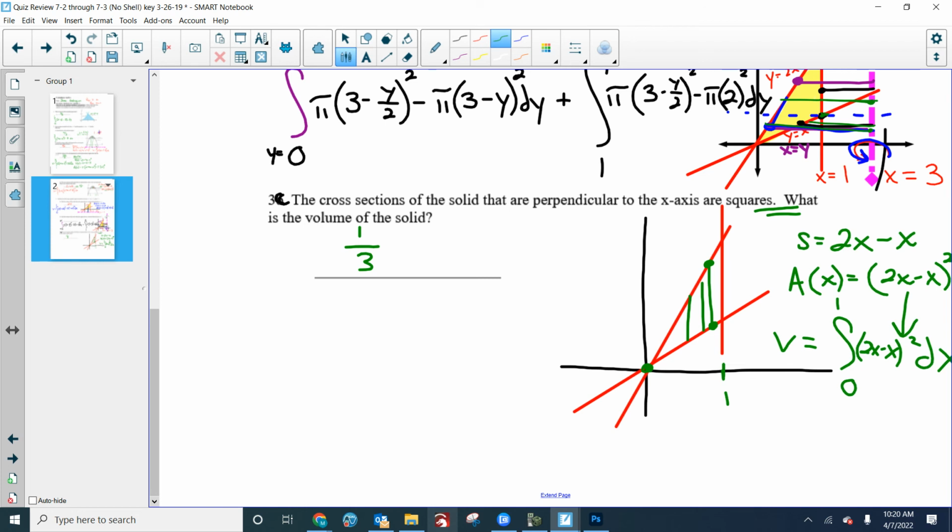Any questions on the review? Did you feel like you needed a lot of help on the review? Like when you were working with people, did you need to ask them? That should be your gauge of how much studying do I still have to do? Because I'll be honest, I think you'd probably agree. I don't want to say I've done everything I can. I've given you as many different types of problems and opportunities and explanations as I can. And I think you would agree a lot of it is practicing different ones on your own from here on out. Would you agree with that? Okay. So if you feel like you need more practice,